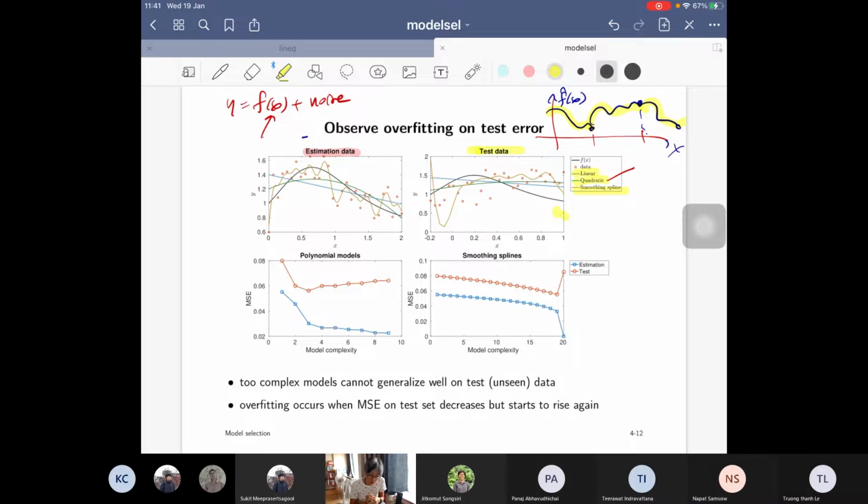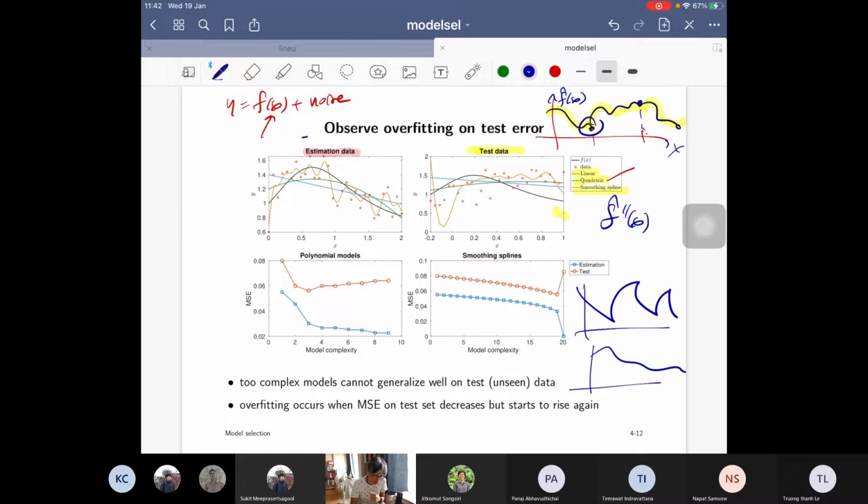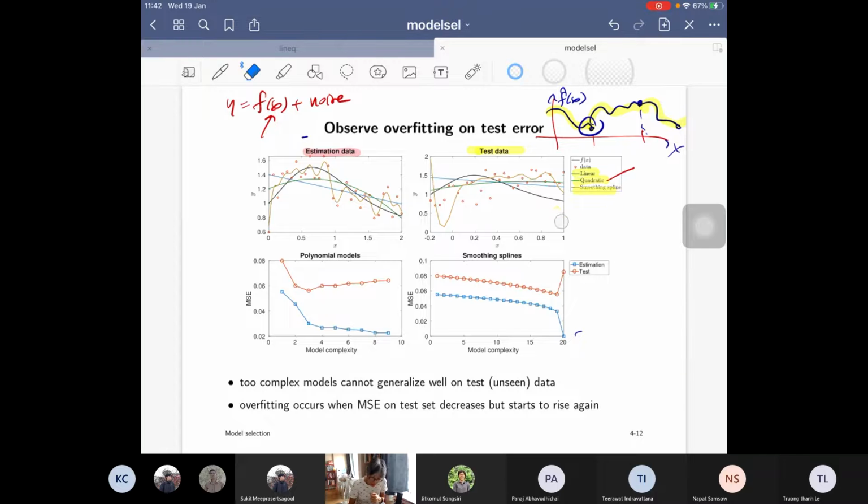And the term smoothing means that some degree of your second derivative of f(x) has to be in some range in order to define the smoothness. So this is not smooth, right? This is not a smooth polynomial. A smooth function also needs to have some condition on the derivative. So, smoothing spline. With that brief definition, smoothing spline is going to be more complex than linear and quadratic